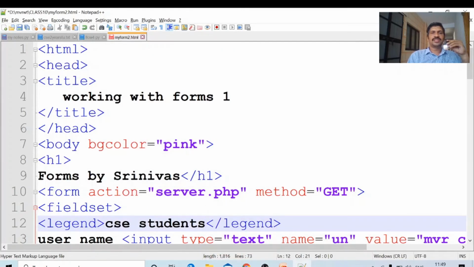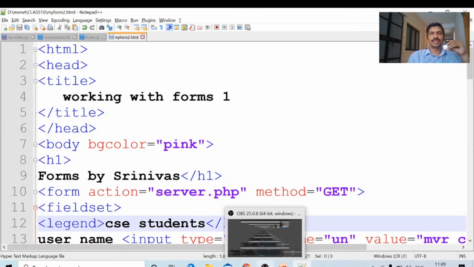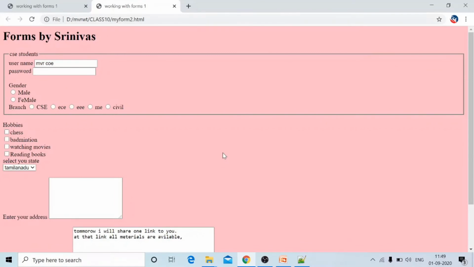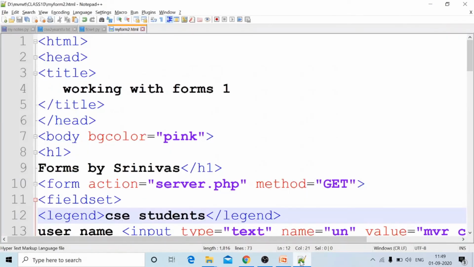Okay, CSC students, Control S, saving the file. I saved the file with Control S. Next I am opening the form, F5. Okay, CSC students. Whatever data is there between legend, that data will be displayed here.